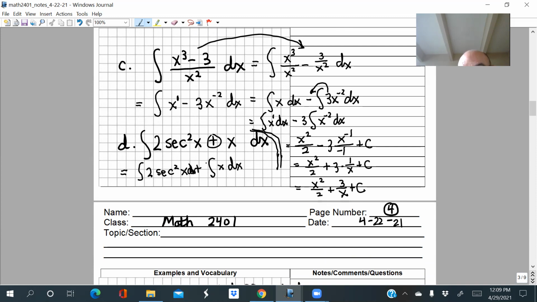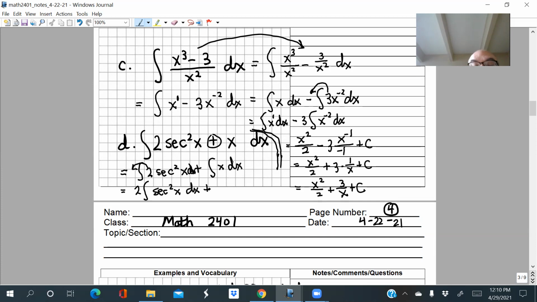What you're really doing is breaking it up into 2 antiderivatives, but you don't always have to write that down explicitly. Now, here the 2 is kind of in my way, but that's a constant. So remember constants? I can factor them in front of the integral sign, right? So here I have 2 times the antiderivative of secant squared x